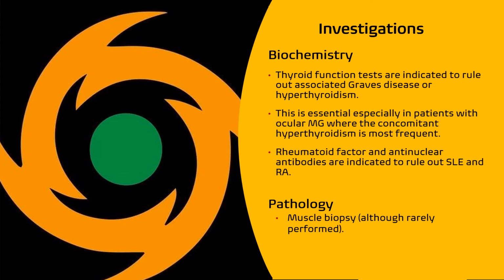From a biochemistry perspective, thyroid function investigations are indicated to rule out associated Graves' disease or hyperthyroidism. This is essential, especially in patients with ocular myasthenia, where concomitant hyperthyroidism is frequent. A rheumatoid factor and anti-nuclear antibodies are indicated to rule out two main